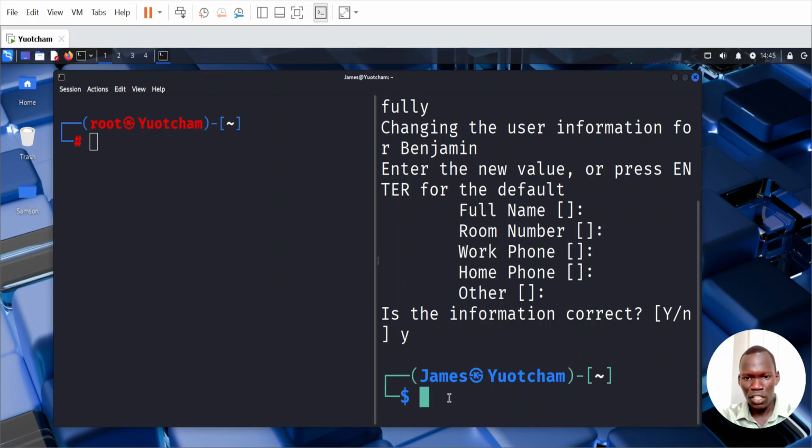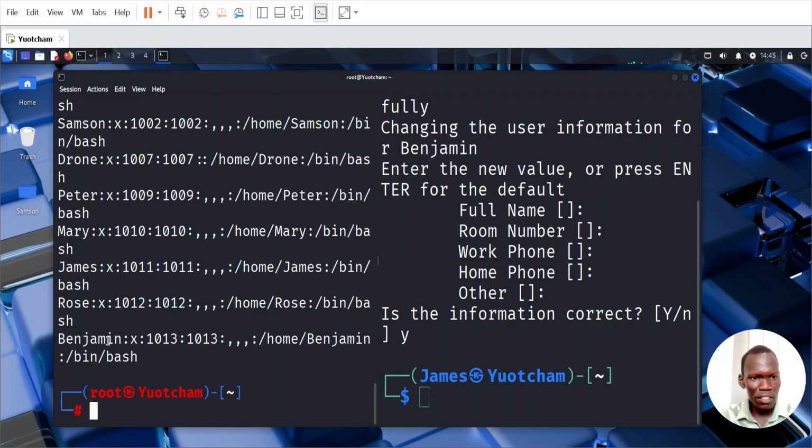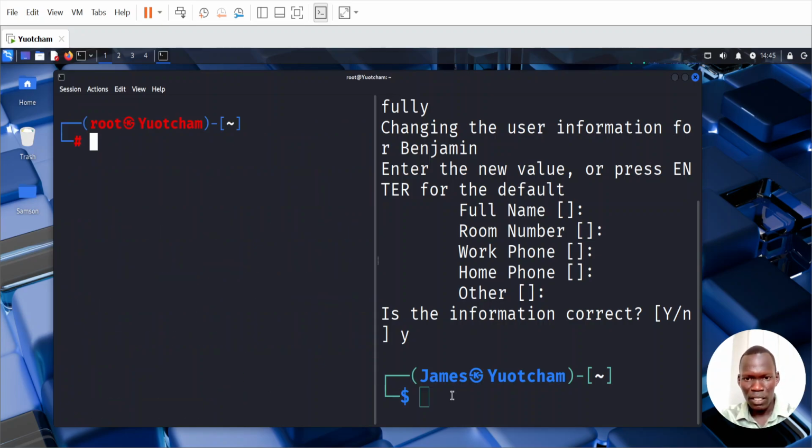And now the user is created. Maybe we can confirm here again, and you can see Benjamin has just been added into the list. So here we'll clear the screen again and see